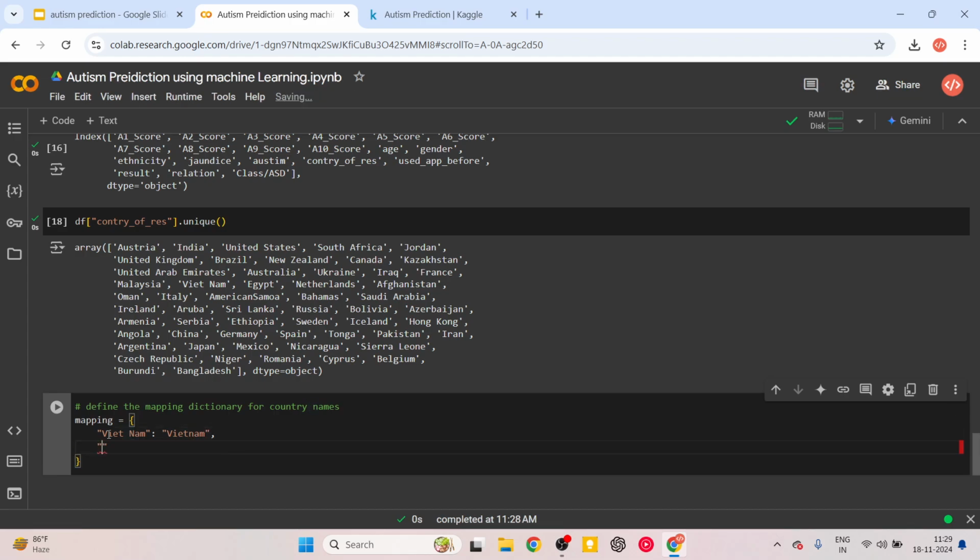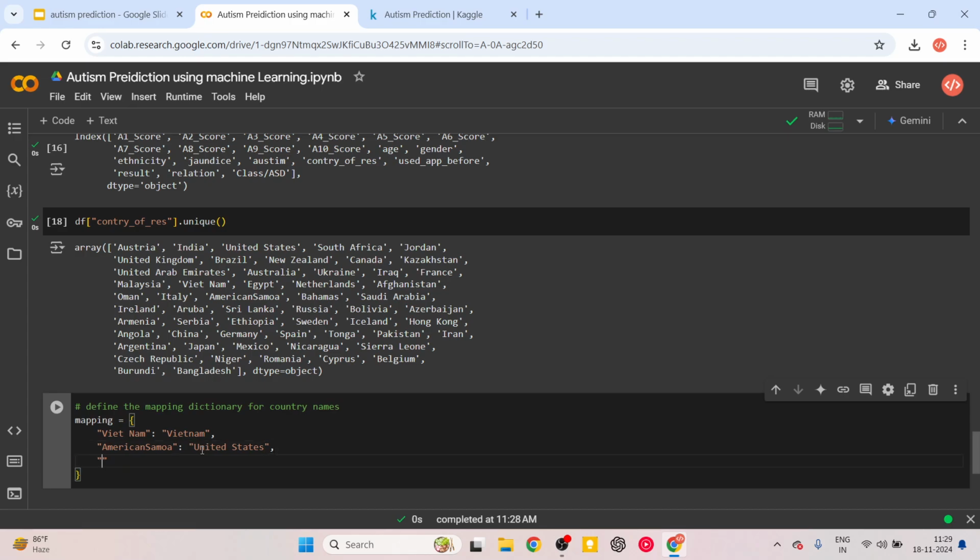And then we have this American Samoa, right? Something like that. It's over here. I'm going to replace this with United States. Probably it should belong to the same thing. I checked it, but you can verify that once as well. And we have United States,